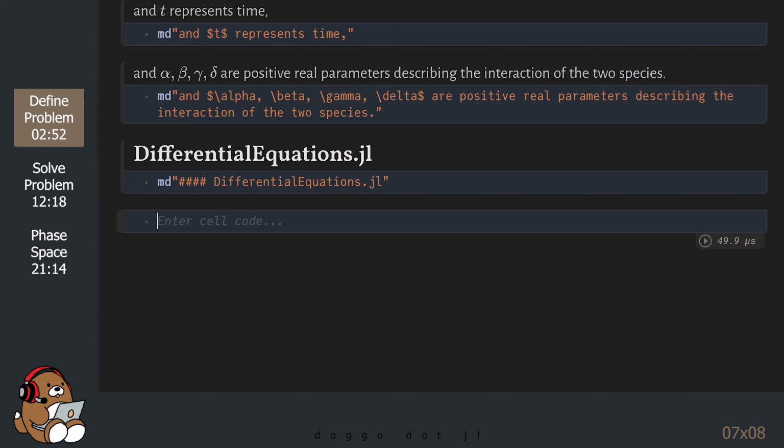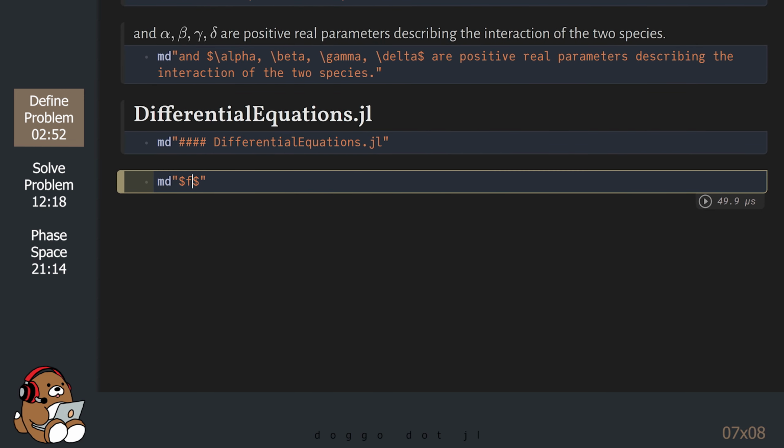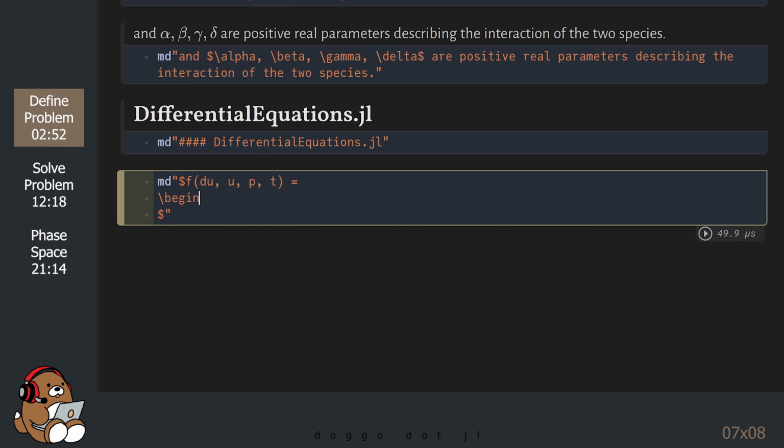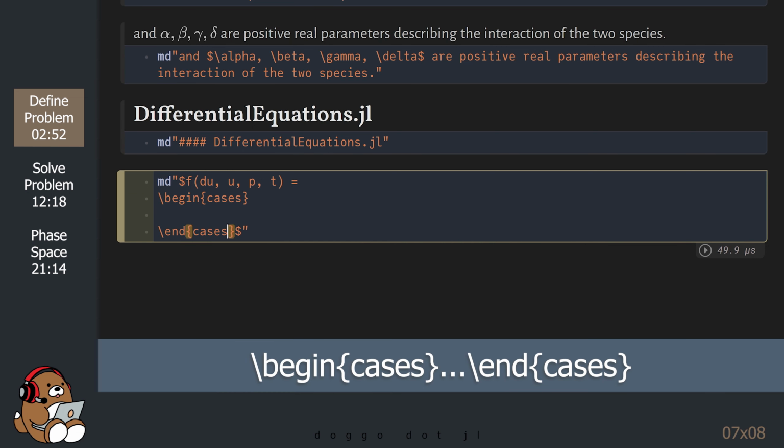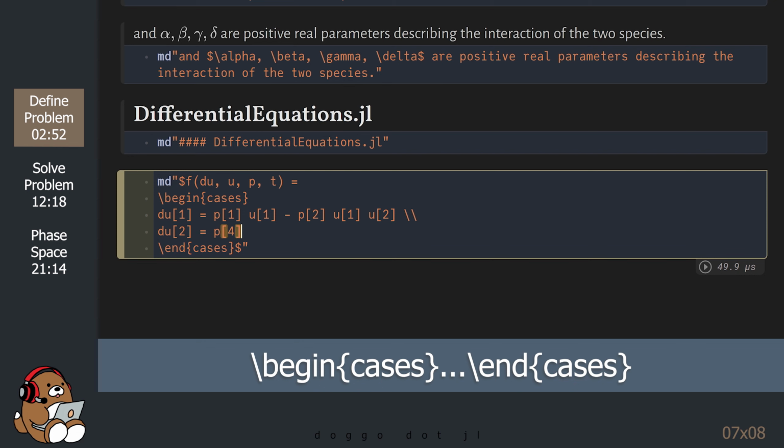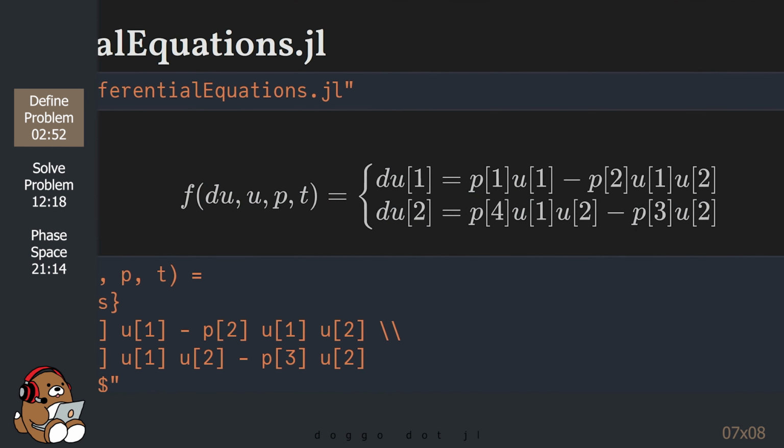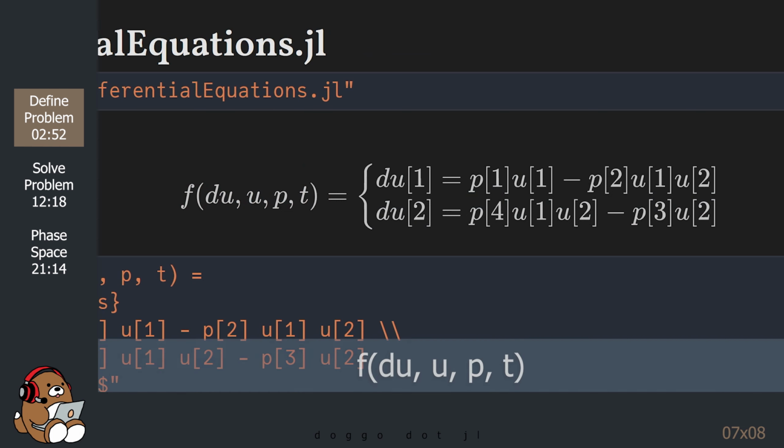You'll be happy to learn that the DifferentialEquations.jl package can solve a system of differential equations. As an aside, in LaTeX, you can display a large opening curly bracket by using cases for multiple equations. Although this is technically accurate, subjectively speaking, this is a really ugly representation of the Lotka-Volterra equations. But let's discuss.